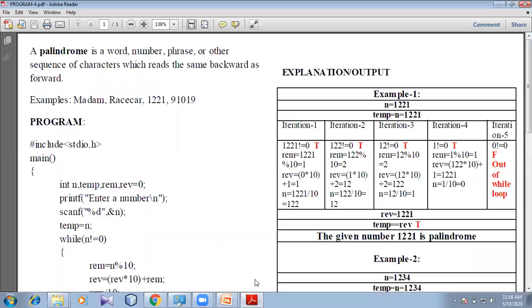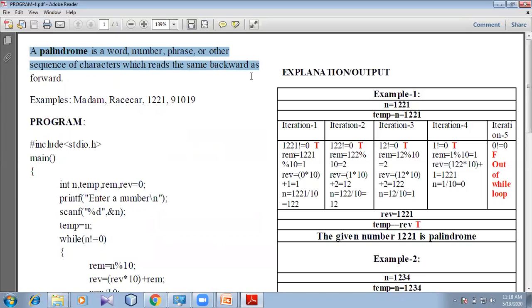Before that, let us see the definition of a palindrome. A palindrome is a word, a number, a phrase, or another sequence of characters which reads the same backward as forward.